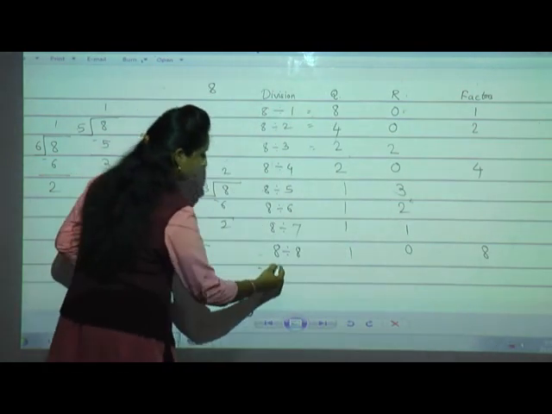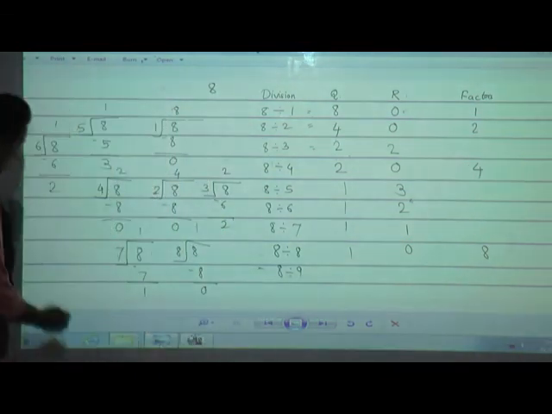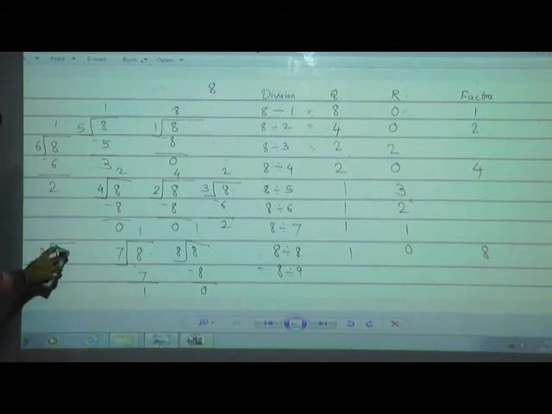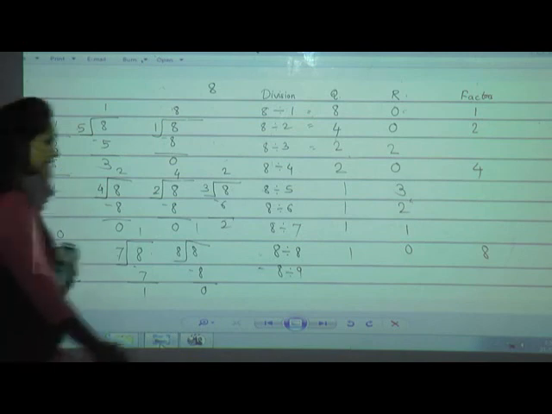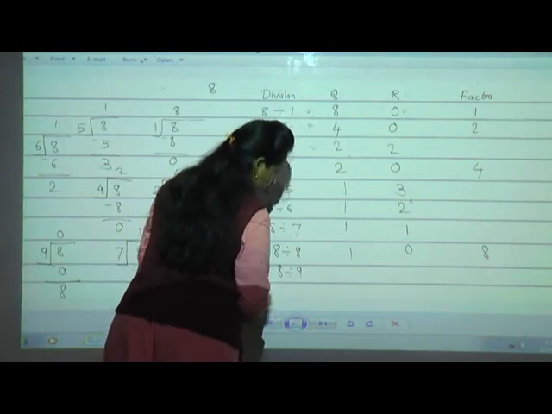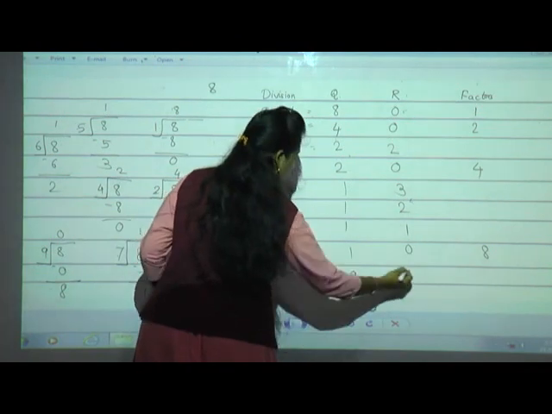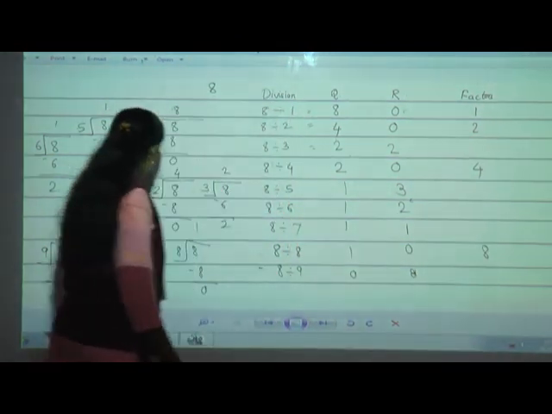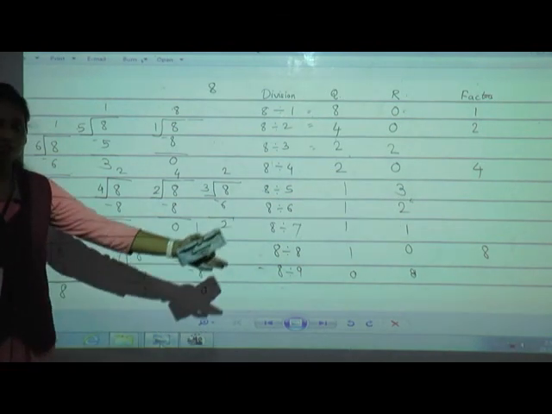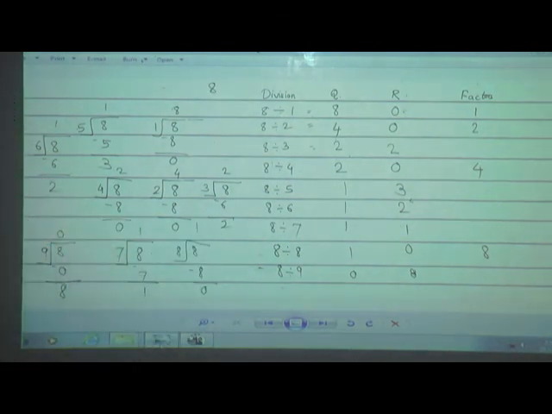Now what about 9 after 8? See, I'll try here with 9. Sorry, here 8 and here 9. Now will 9 go into 8, students? No, 9 zeros are 0, and here 8 will remain, isn't it? Now if I go with 9 as the divisor, the quotient is 0 and the remainder is 8. So whenever a remainder is there, that is not a factor. So we cannot go for the next greater number, isn't it?